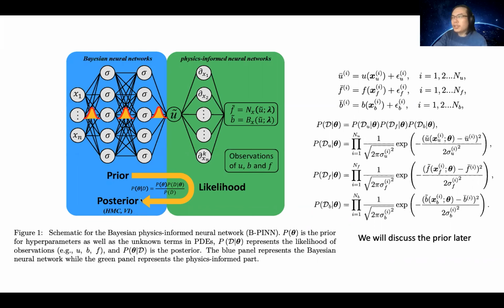And so for the posterior, P(D) is the marginal likelihood, which is intractable because you have an integral, but in essence we have the unnormalized posterior as P(theta) times P(D conditional on theta). The prior is given, so we have an analytical expression of this, and then you can use HMC or Bayesian variational inference to sample this. We'll discuss the prior later.